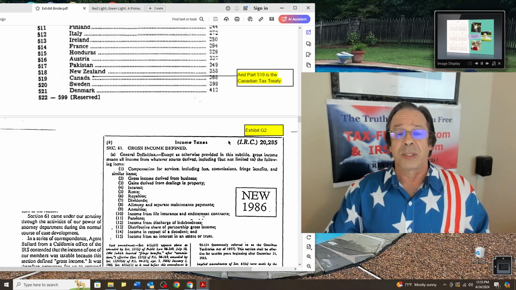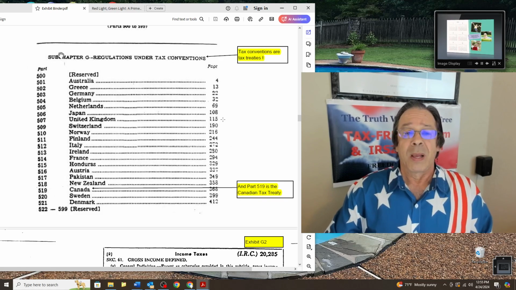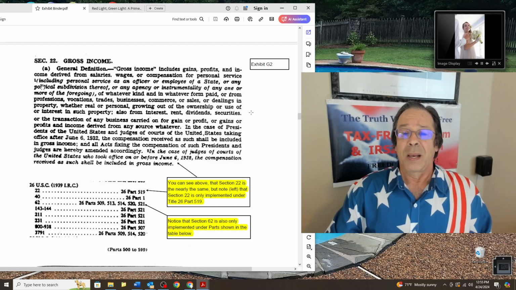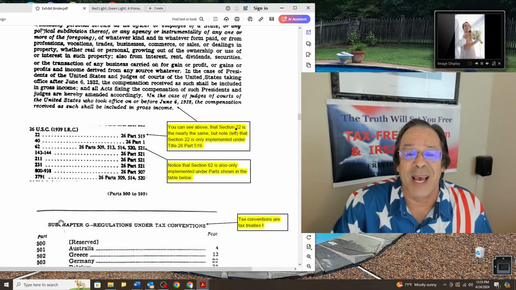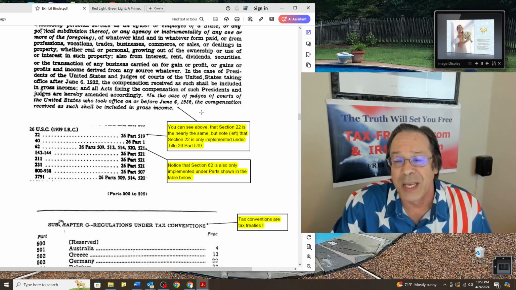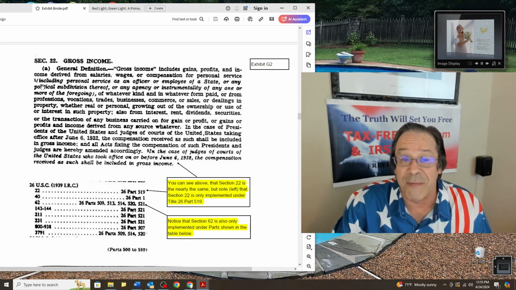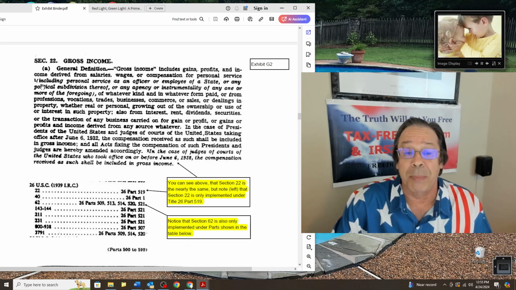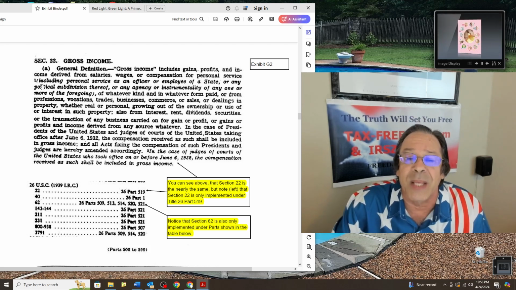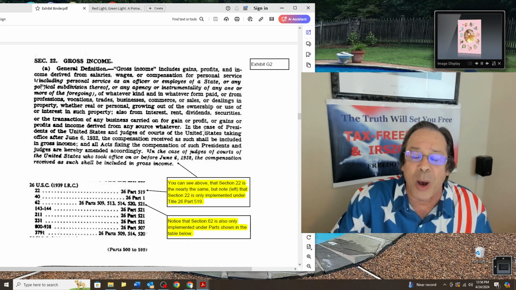Now, in 2006, the IRS decided to publish in the C.F.R. applicability of Section 61 to Part 1. Oh, surprise, Congress didn't do that. The IRS did when they realized that this information was defeating them in court in the 1990s. So they changed the C.F.R. on their own. They made up a new application. Oh, it's applied under Part 1, but not because Congress said it. It's only because that's what they've been doing for 60 years, and they didn't want the fraud to be exposed.